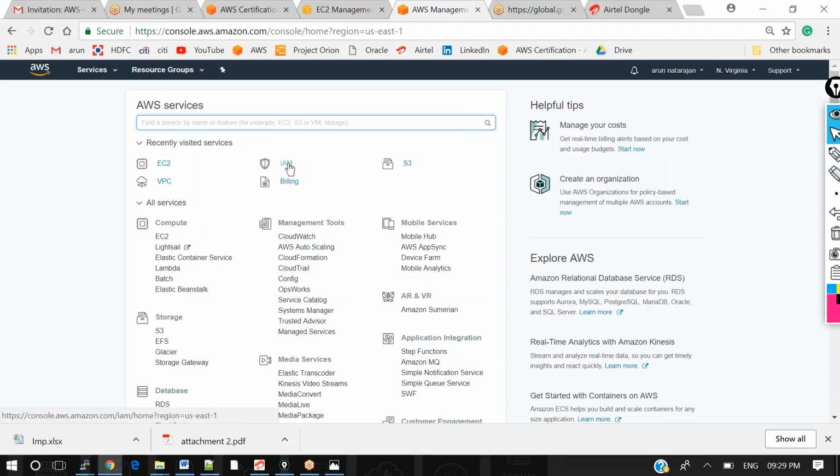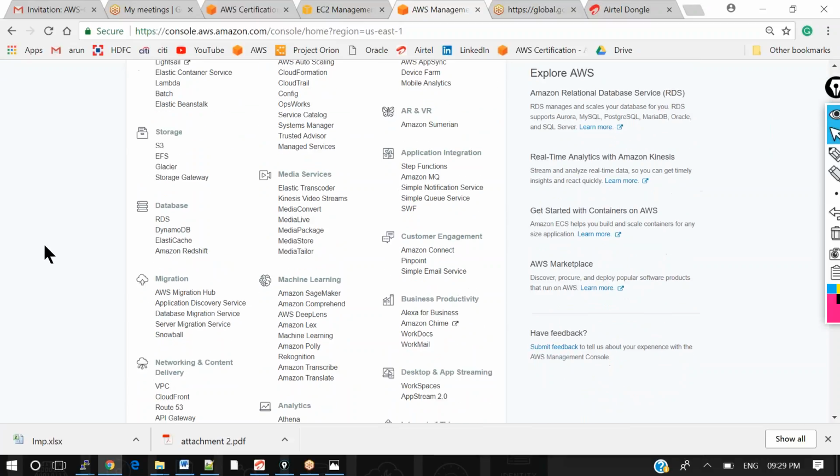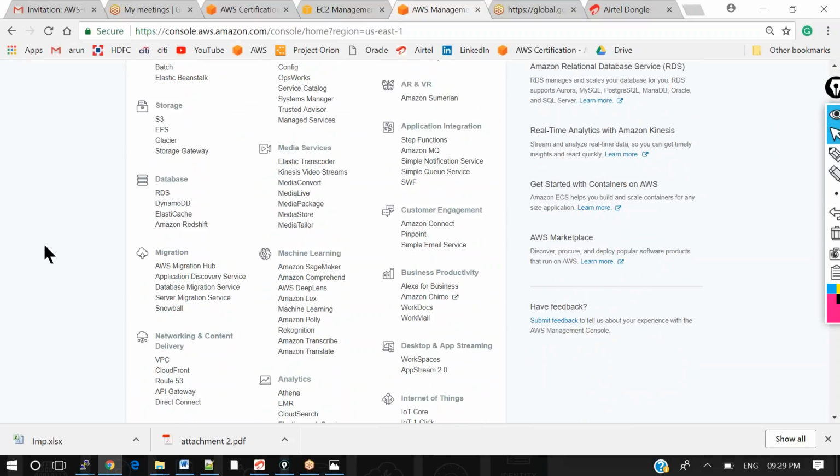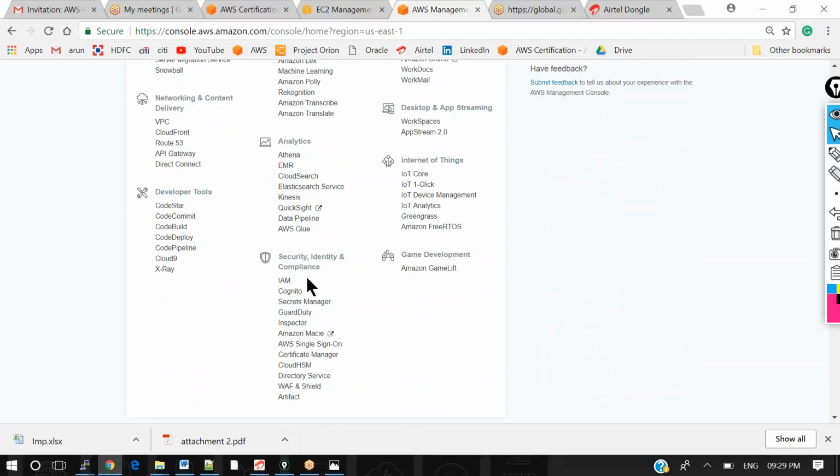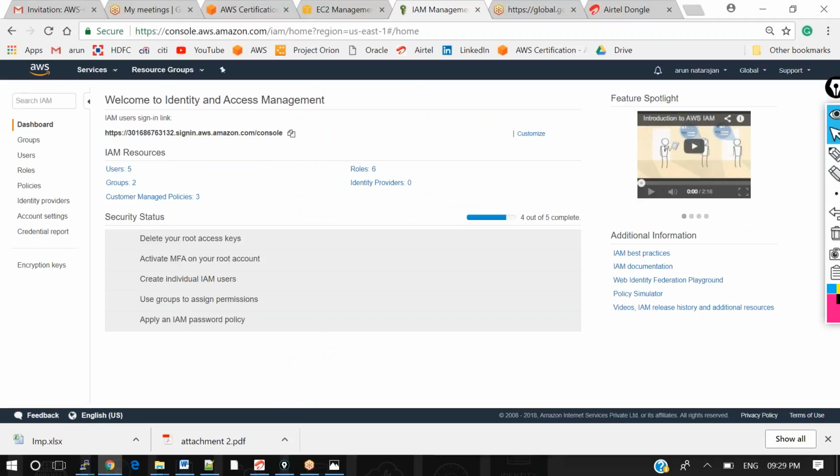That is IAM. If it is not there, you can search in the all services page, where you can find IAM under Security, Identity and Compliance. Here you can see the service called IAM, that is Identity and Access Management. So I'm clicking on IAM.